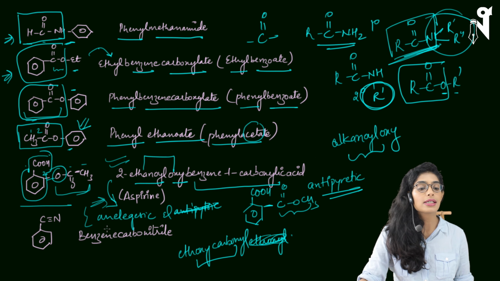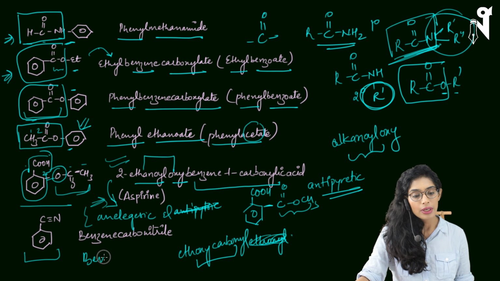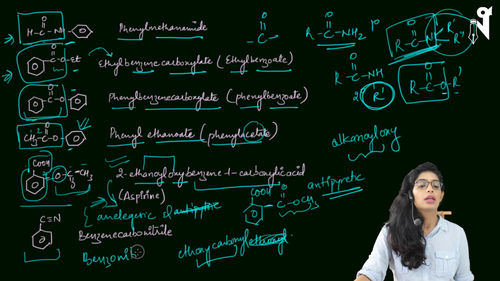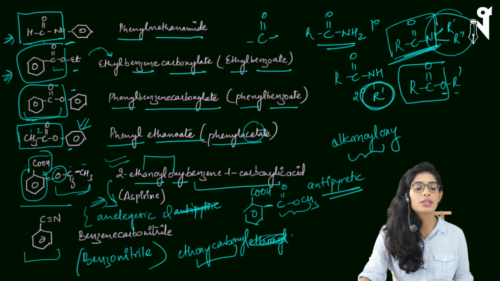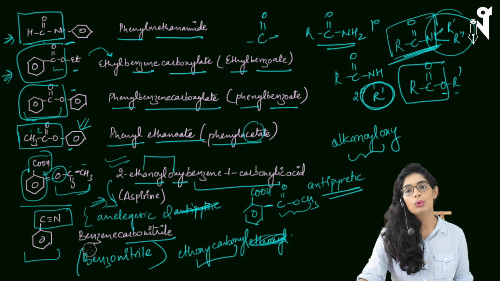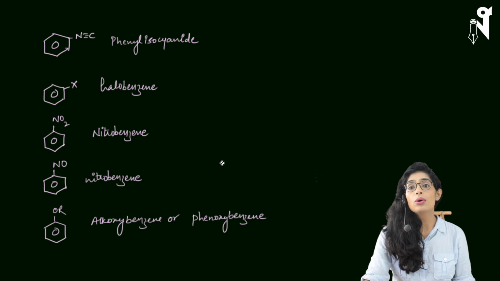Okay. Next is benzene with C triple bond N. We have already discussed that this compound is called benzonitrile in the common names. And if you have to now name the IUPAC name, then CN's special name is carbonitrile, and we name it as benzene carbonitrile. So now, a last few more compounds and then we are done with this chapter.